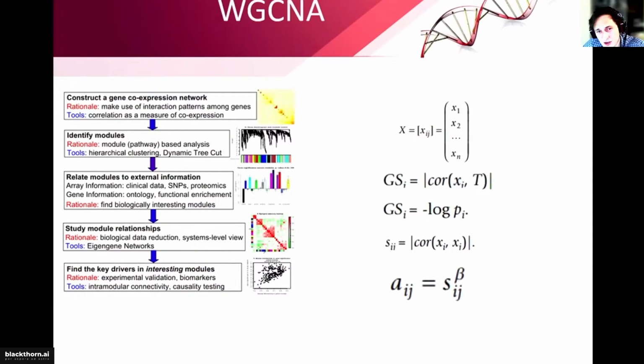Also, we can check correlation between these genes and traits. Overall, we are using absolute values of correlation, so we don't take into account plus or minus correlation. Maybe it's not so good because we are losing directions of our network, but still we preserve all connections, and it's kind of a good thing.